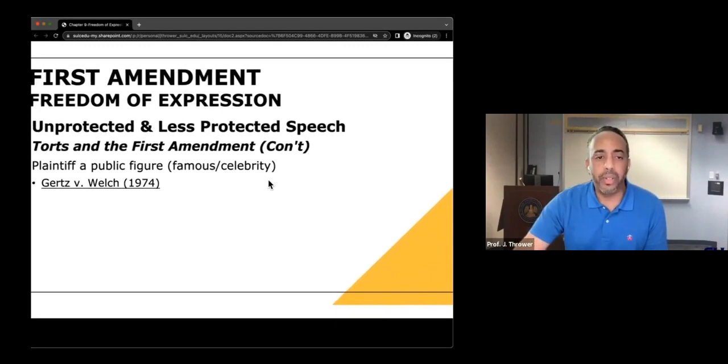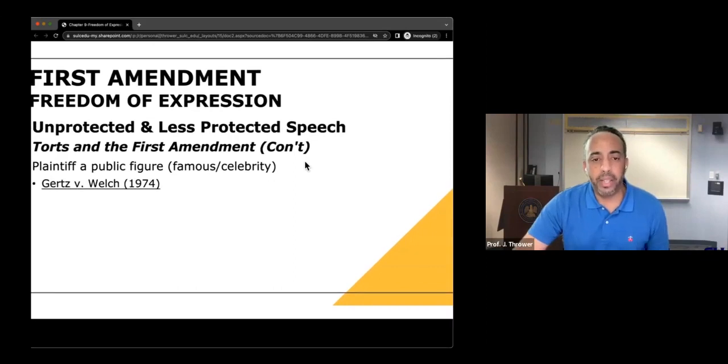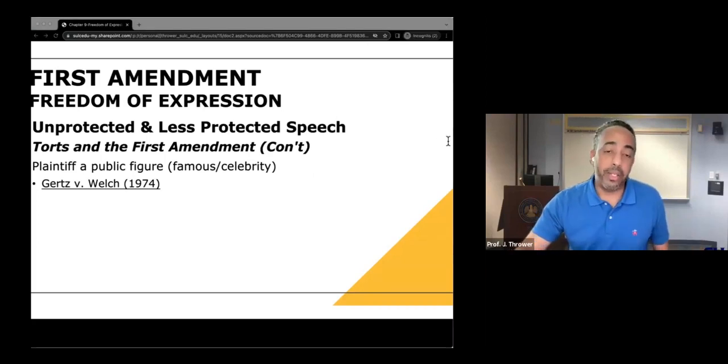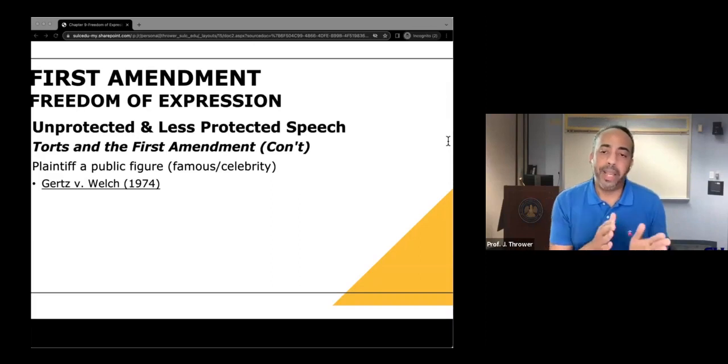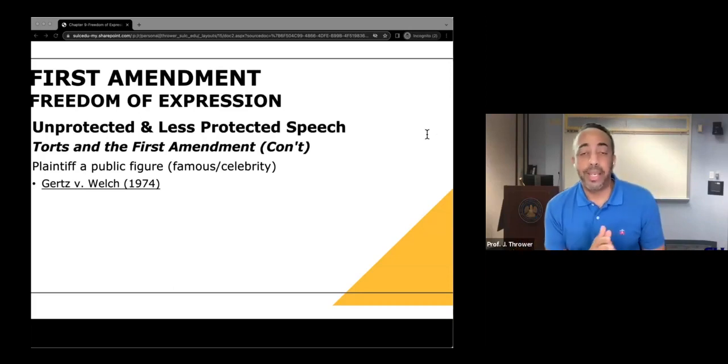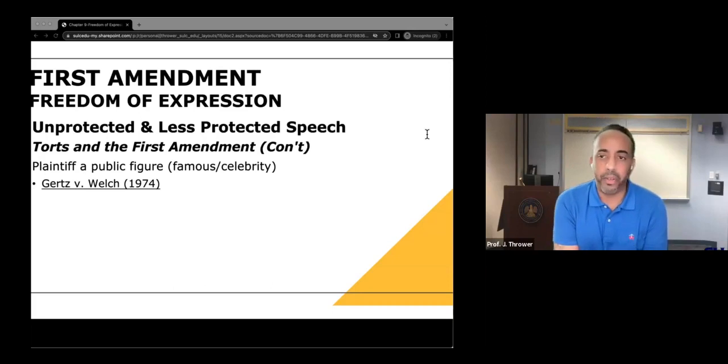And the court initially articulated this position in the case of Gertz versus Welch in 1964. I'm sorry, 1974. This case dealt with a private citizen on a matter of public concern. And in Gertz, the Supreme Court made clear that there is a key distinction between public figures and private figures, and differing rules exist for each.